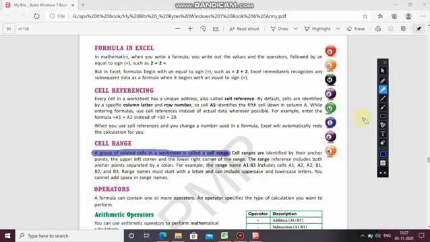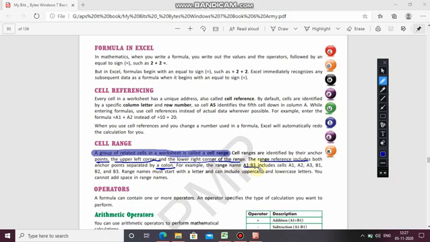Cell ranges are identified by their anchor points, the upper left corner and the lower right corner of the range. The range reference includes both anchor points separated by a colon. For example, the range name is A1:B3.